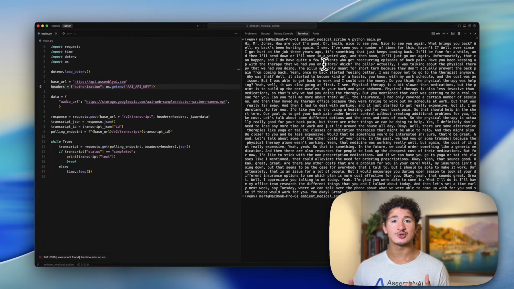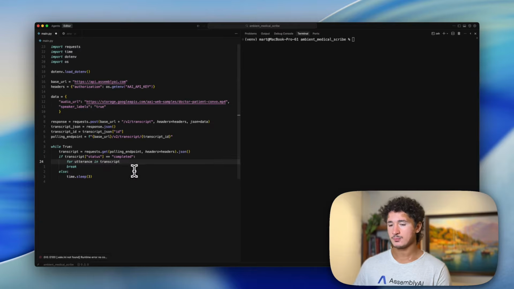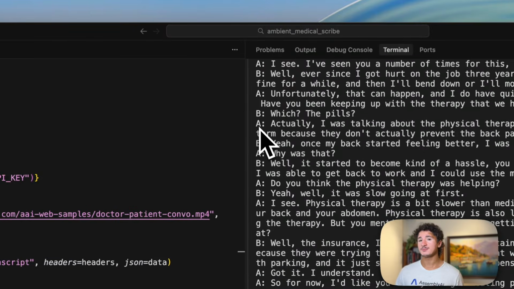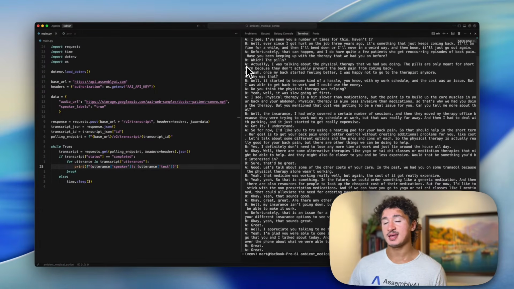So the transcription looks good, but now we want to add speaker labels so that we can differentiate between the doctor and the patient in the discussion. Alright, so now we see the transcript separated by A and B, but if we use speech understanding, we can